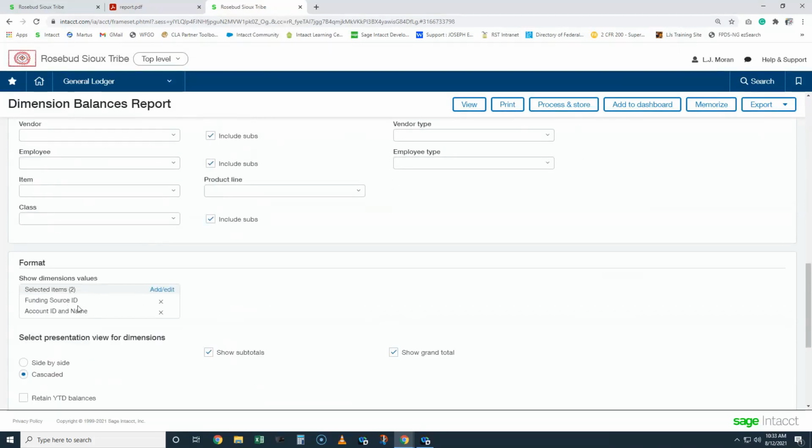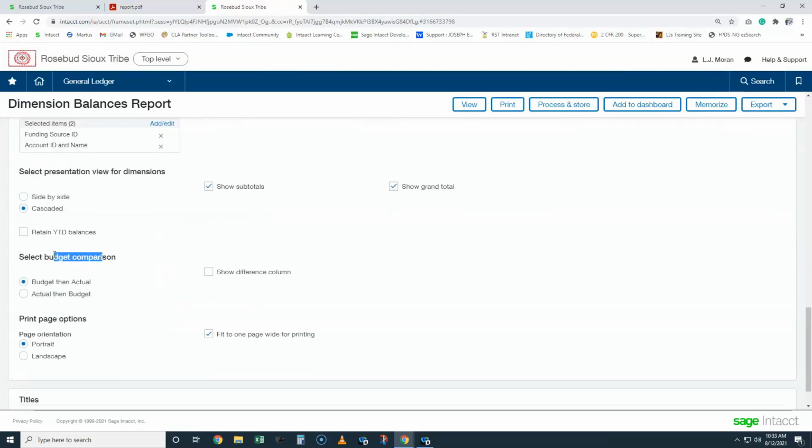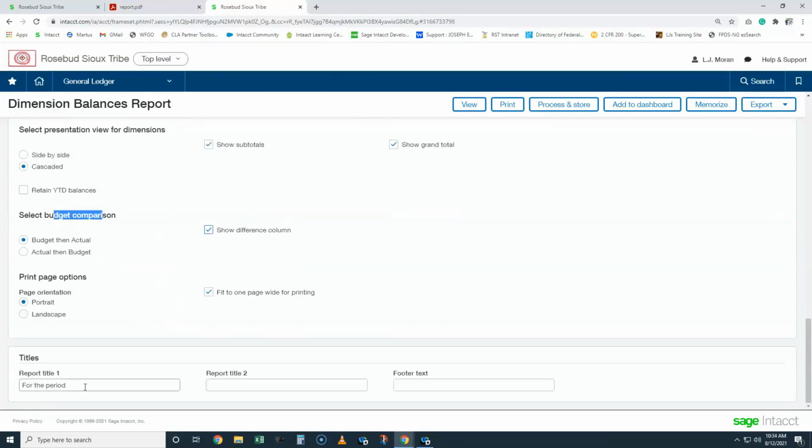And we're going to build it on the same thing, funding source ID and account ID. Down here we can do a budget comparison. Do we want the budget in the first column or do we want it in the next column? How do we want this to look on our screen? And do we want to see a difference between the budget and the actual? Yeah, absolutely. And if we want to give the report a title,